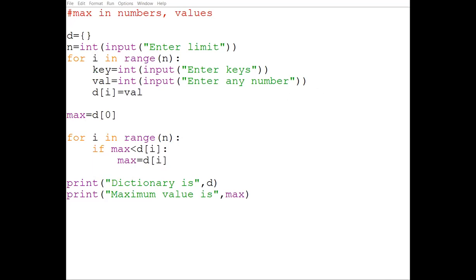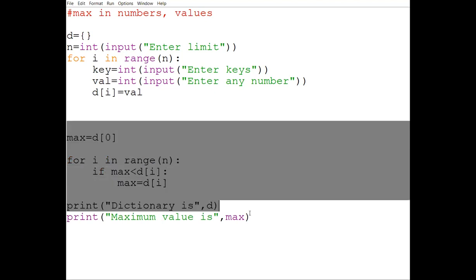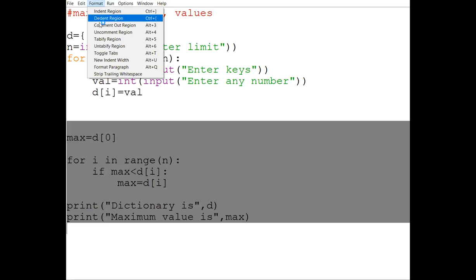Okay. Now over here, previously we were discussing that D maximum is equal to D of 0, meaning the first value we were considering. Now see, here your problem will be that you don't know what the first key is. Okay. Now for that, what we will do? First, we will apply logic for that. This complete I am making as a comment, because see, now what we need is